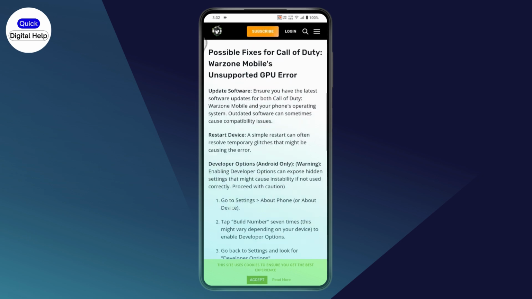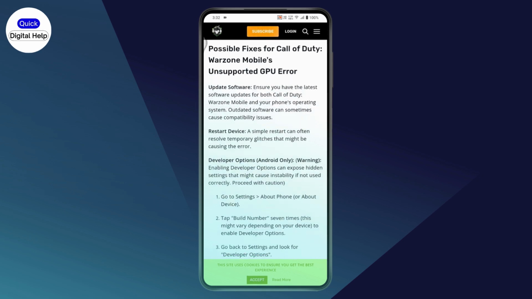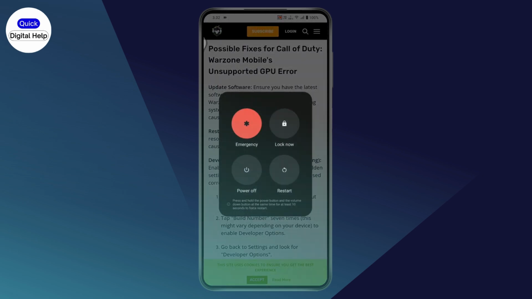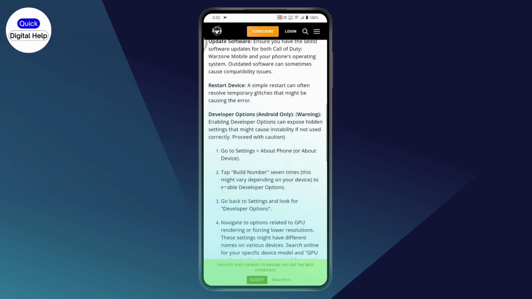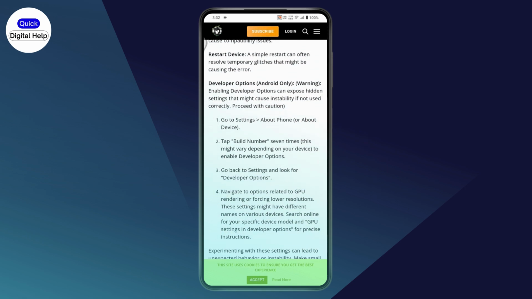But if that doesn't fix your problem, then the second thing you need to do is restart your device. Simply press and hold your power button and restart your device, and your problem might be fixed. But if that still doesn't fix your problem, then the third fix is